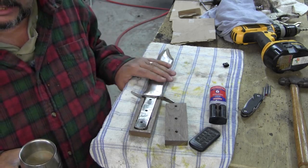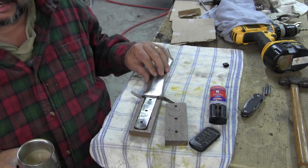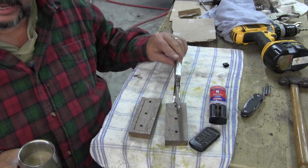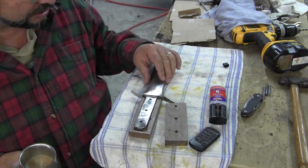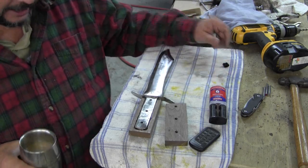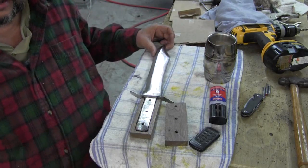So I'm not going to heat treat this because it won't make a difference. It might harden the outside, and it might make the very edge on the blade hard, but the second you use it, you would go past the hardness into the soft metal. So it's kind of, and I'll tell you the truth, this is just not coming out as good as I